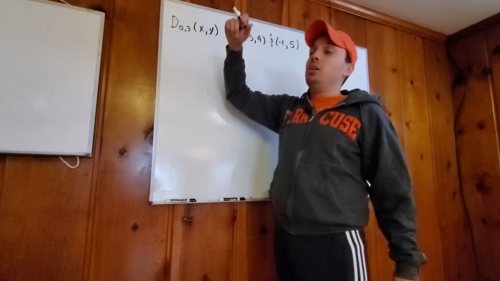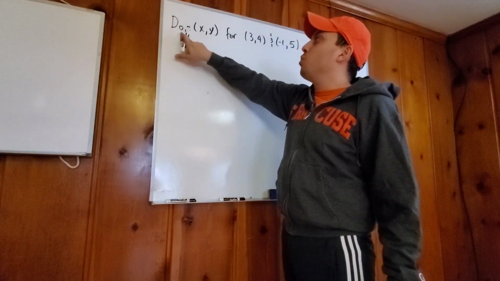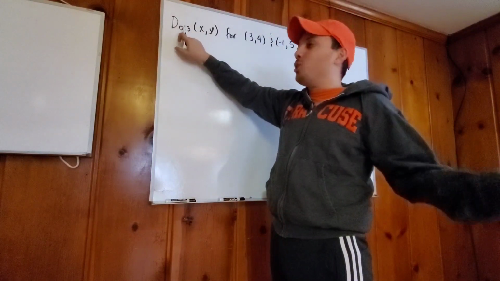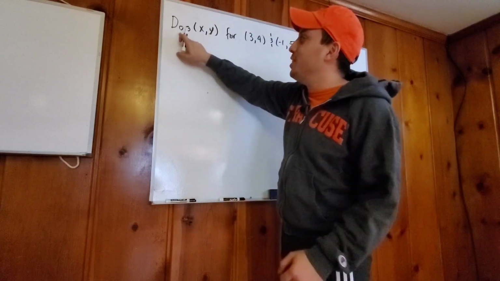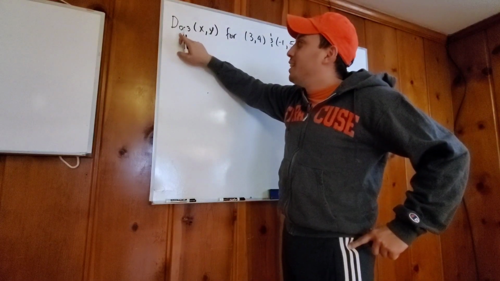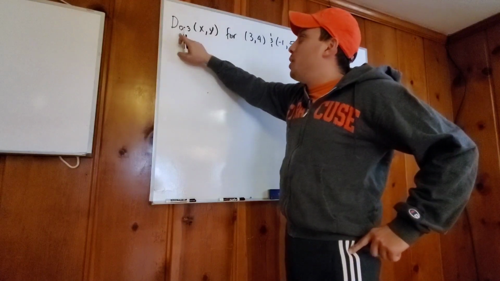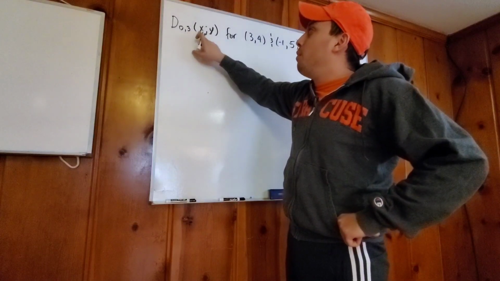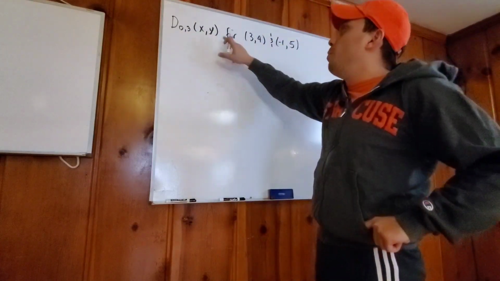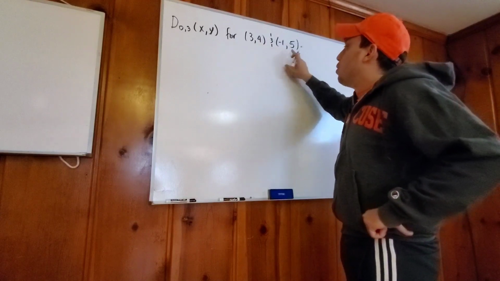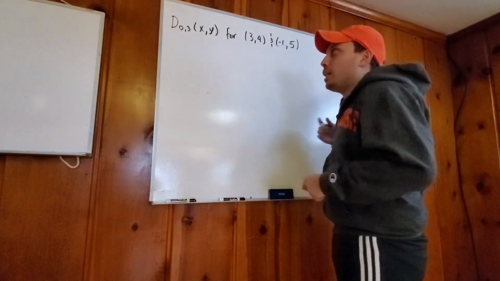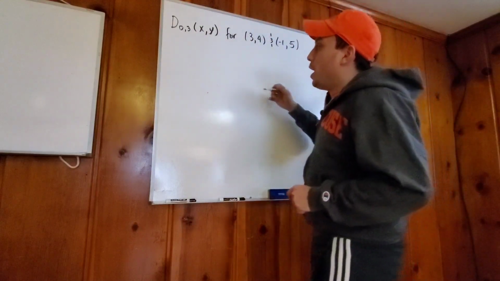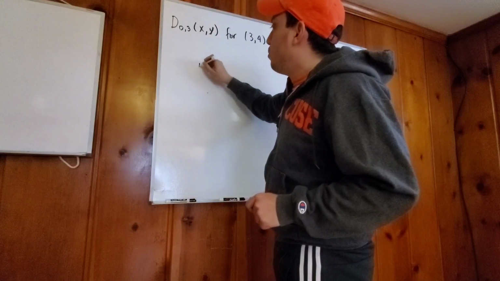Okay, so example 1. Wow. Dilation of 0, dilation according to the origin. I just told you it's not a 0, and there I go, doing the thing. I was just making the mistake that most of you would do anyway. Anyway, dilation according to the origin by 3 of X and Y for 3/4 and -1/5. So it's 2 points, and then I'm going to do a dilation on those 2 points of 3 based on the origin. And so what I have to do is, I'm literally going to write